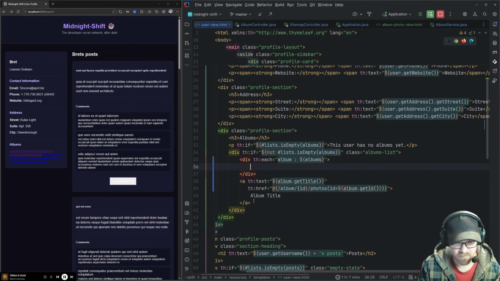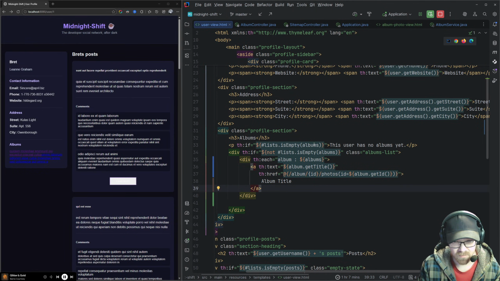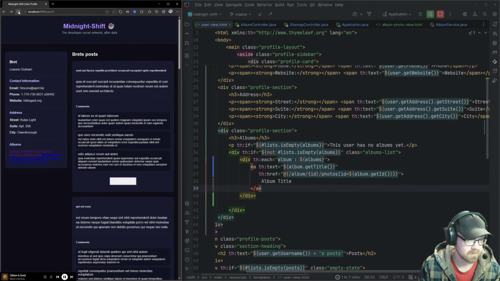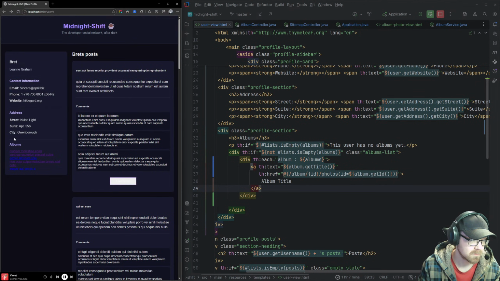Yeah, I think that's about right. And just drag this into here. And that should, if I refresh this, now make them into individual links or items. Yeah, okay, that's better. Now they're individual links.